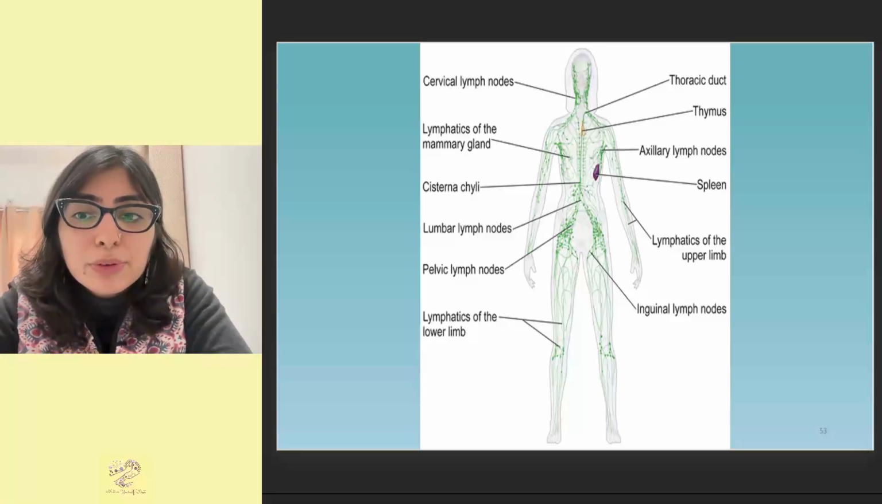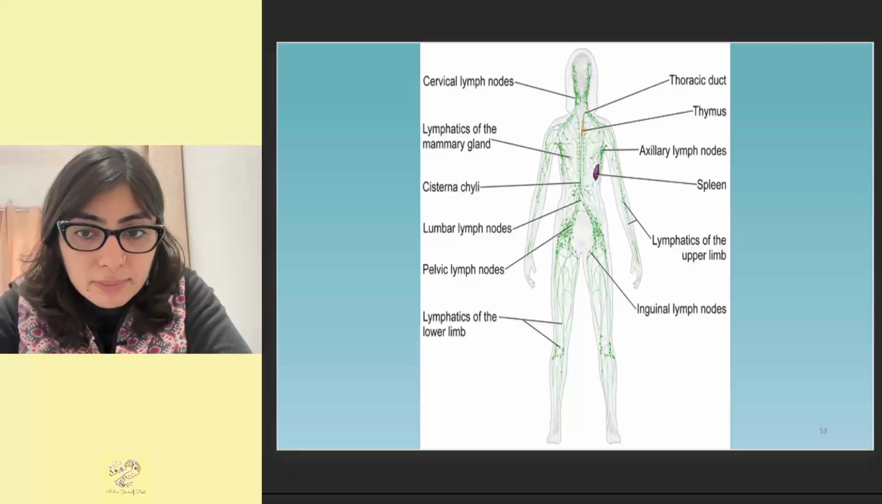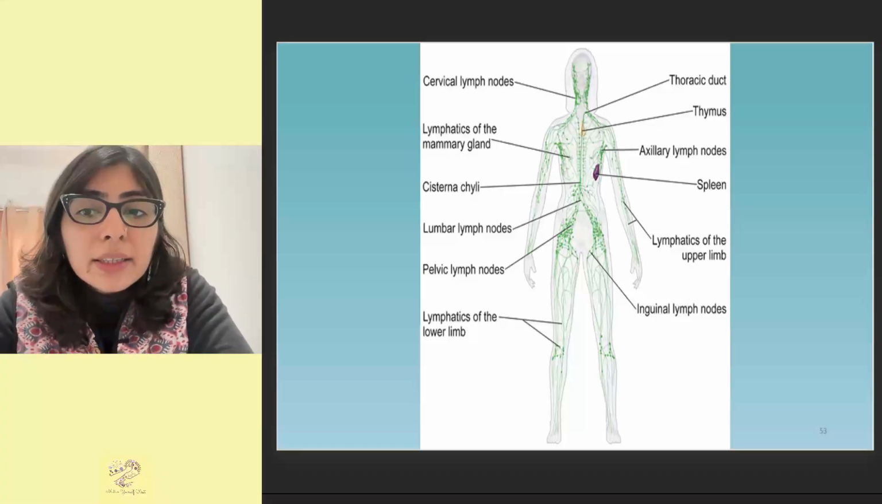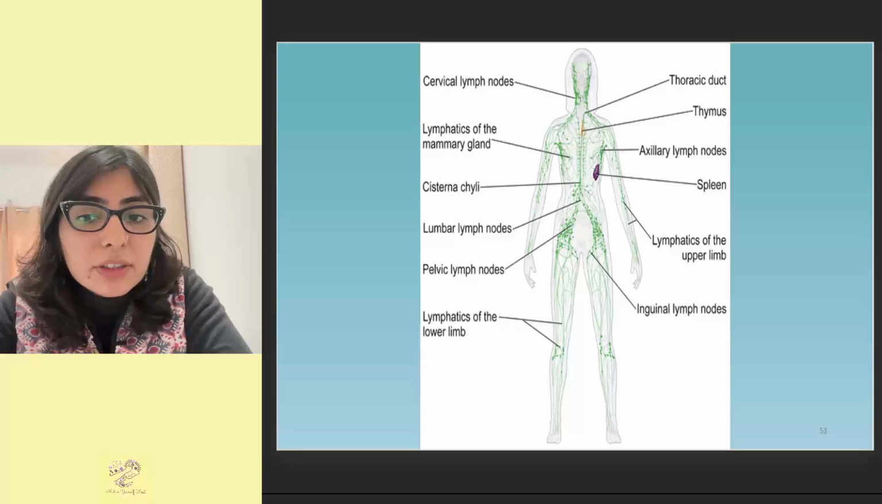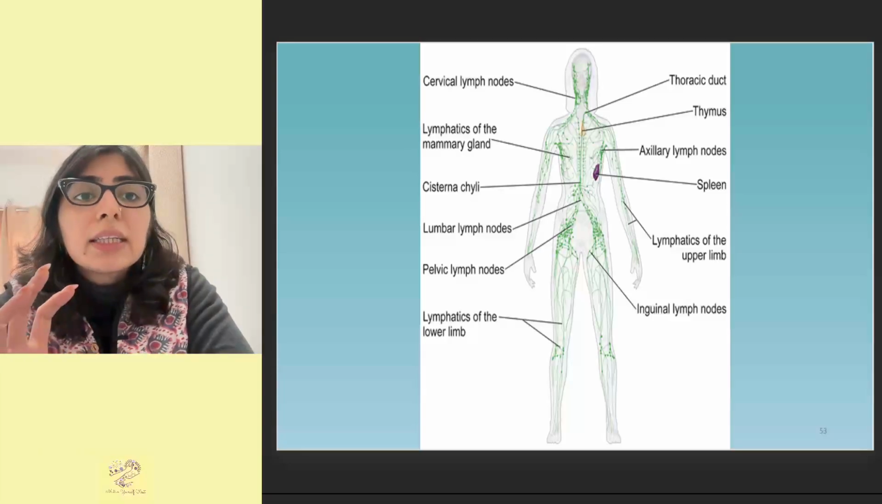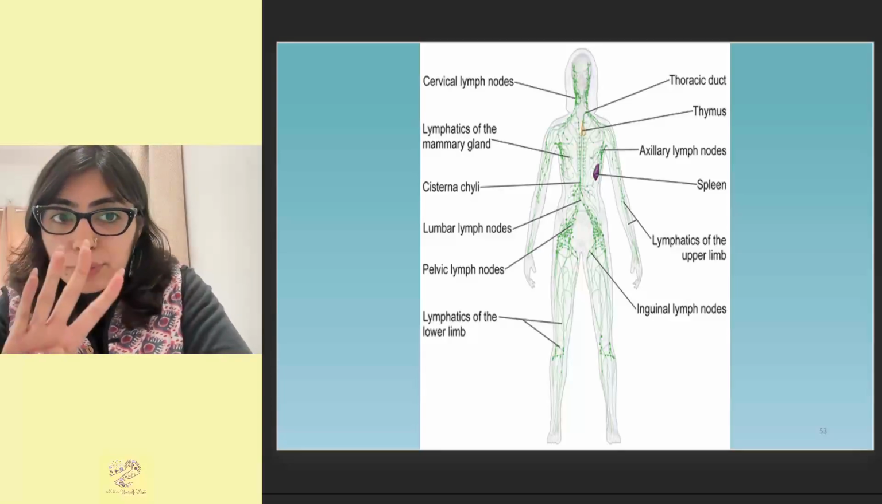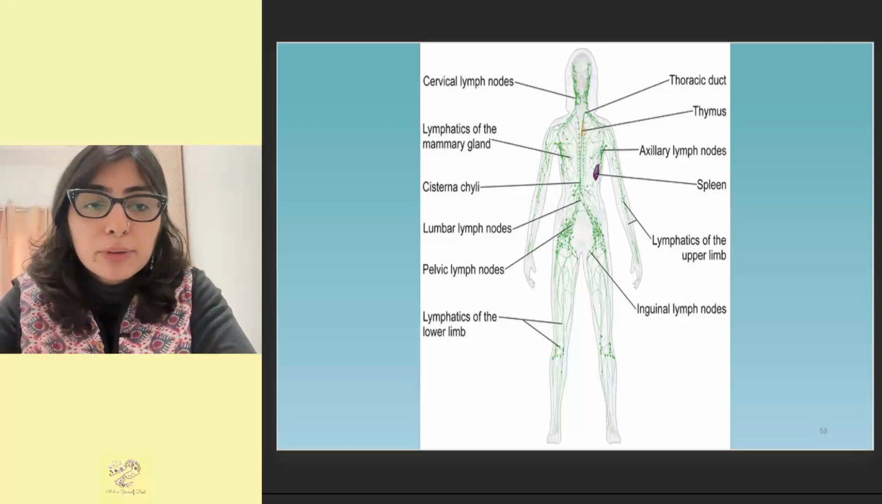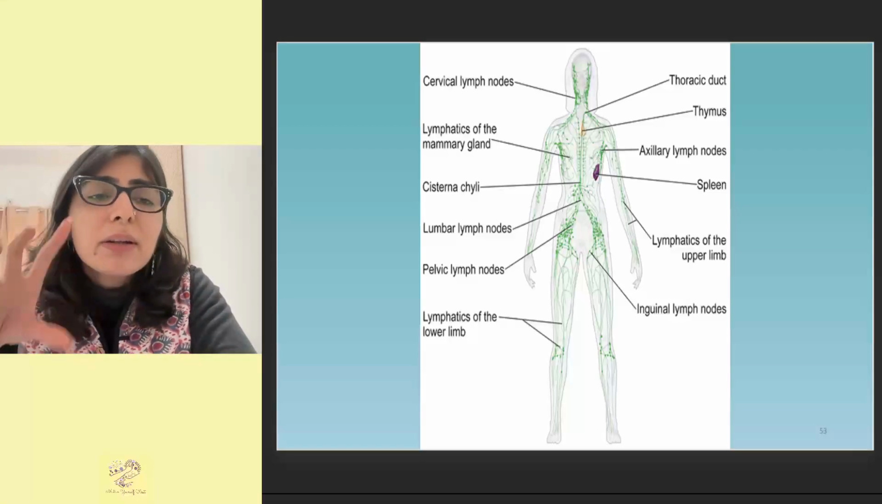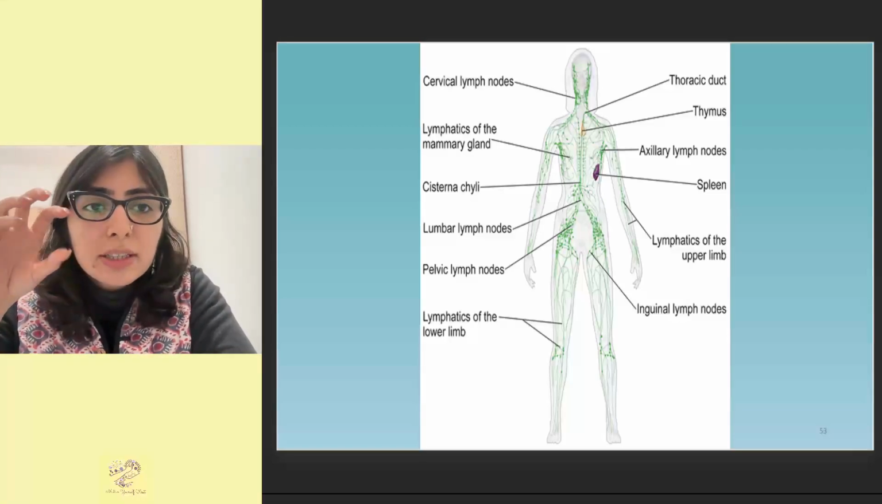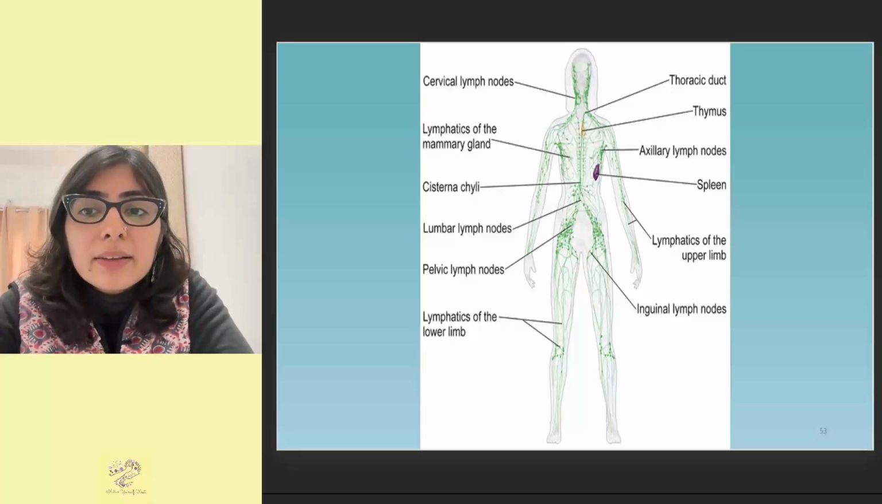pelvic lymph node. You don't need to remember these detailed names. Just understand that these ball-like structures are called lymph nodes. They are dominantly located in the four areas: neck, armpit, abdomen, and groin. They are located everywhere, but mostly the major chunk is here. Then there is a part called thymus, there is a part called spleen, and